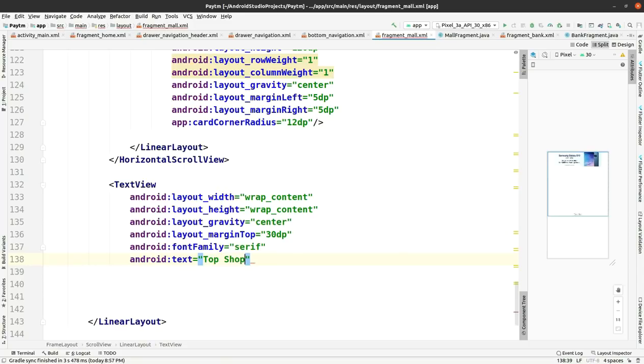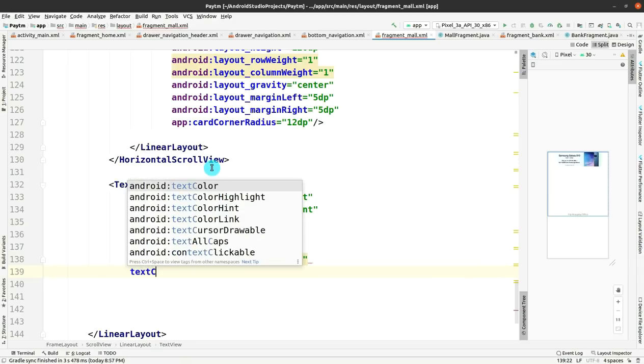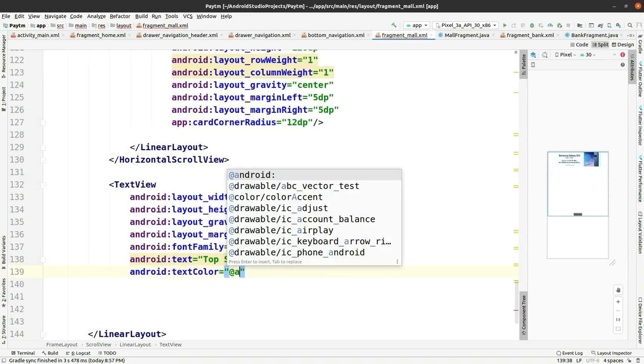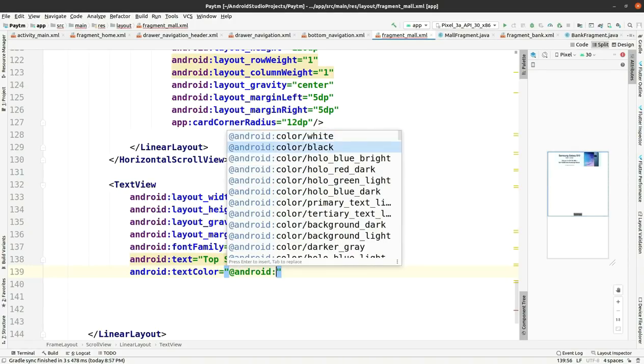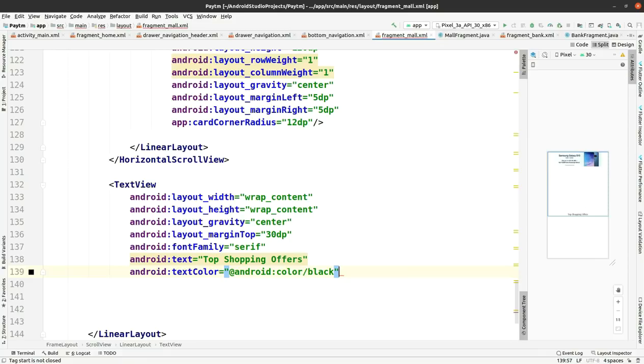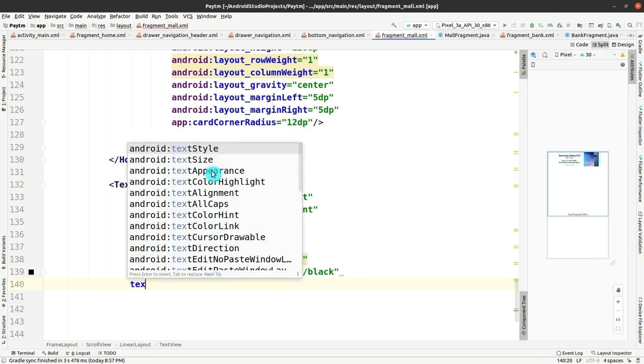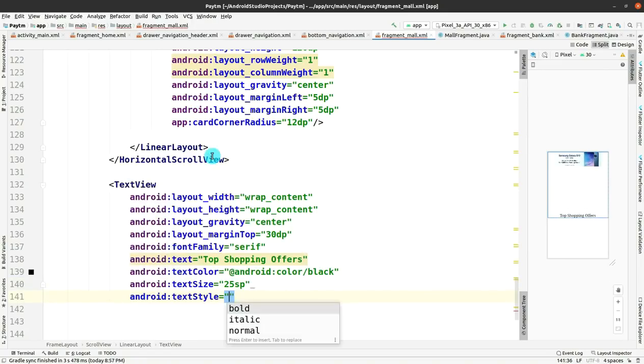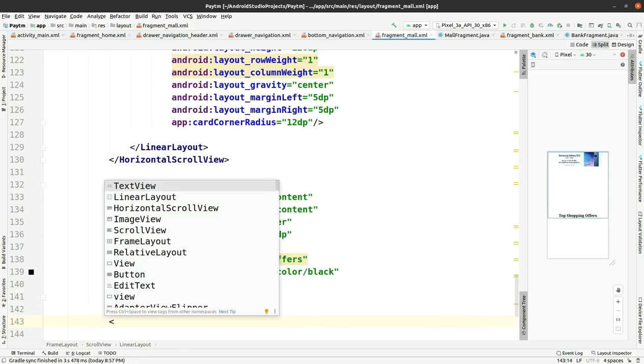And what will be the text? The text for this text view, I have added, is top shopping offers, with the text color as black, and the text size is 25 sp, and text style is bold. So this text view is also completed, and let me add an image view,